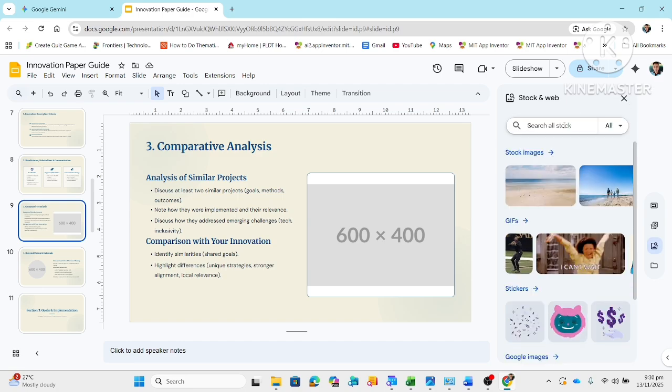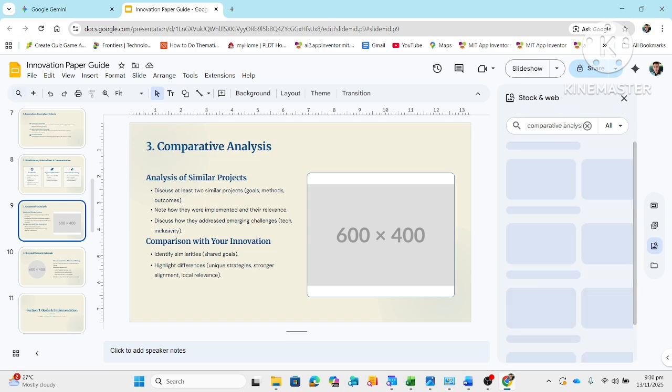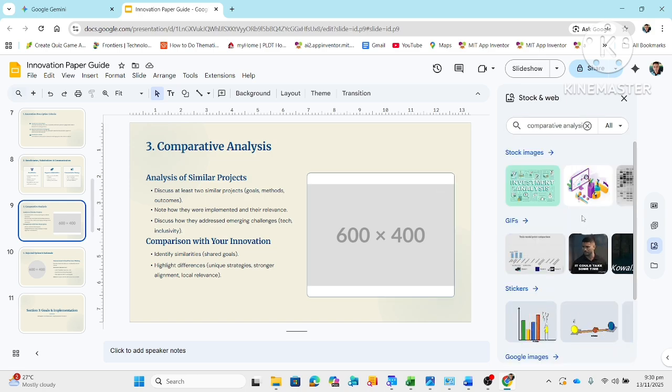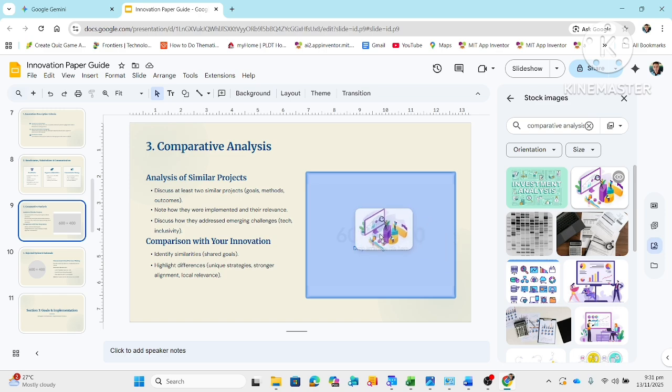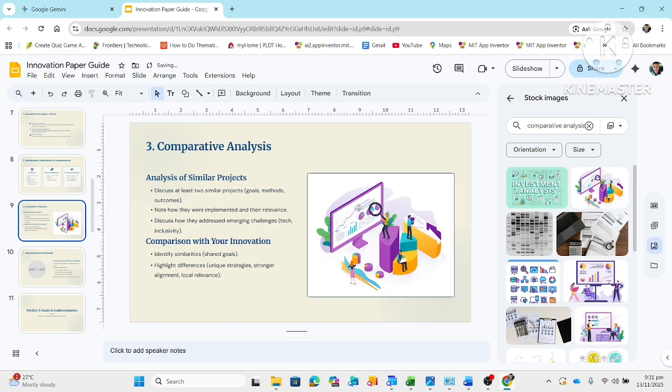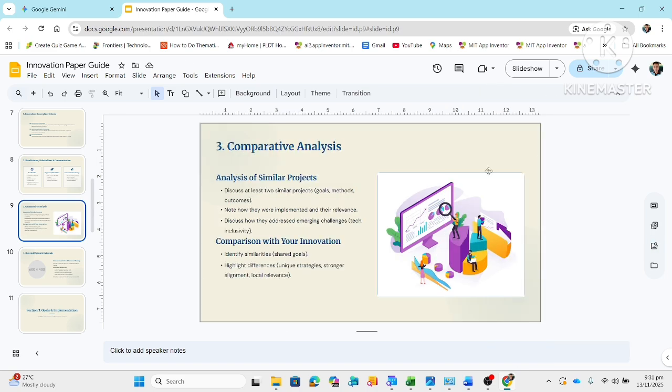All right, so search right here, analysis, comparative analysis, relevant to your slide. So just find an image right here that shows up analysis. Okay, something like an image that has a magnifying lens or something like that. So I believe this image is good, so I'm going to add that one.